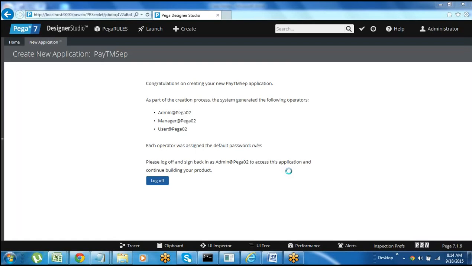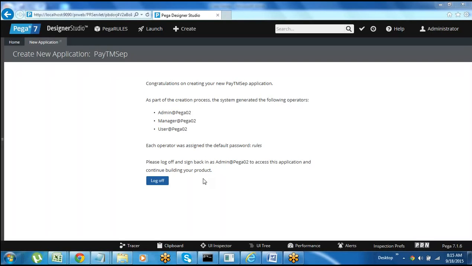Do we have any log access? Yeah. What is going on in the background? We'll show some tools: the tracer tool and the clipboard tool. Both are debugging tools, where we can check all the things, debug the information and the values line by line, step by step. I'll show you these two things later.